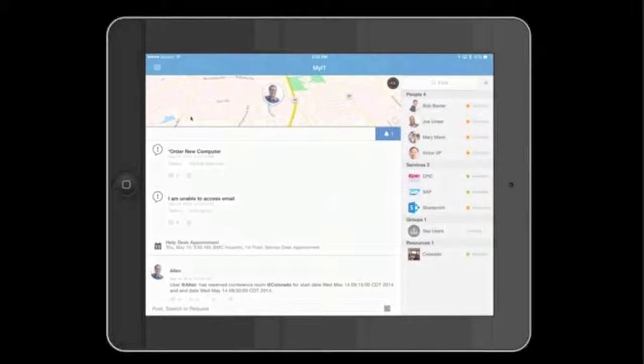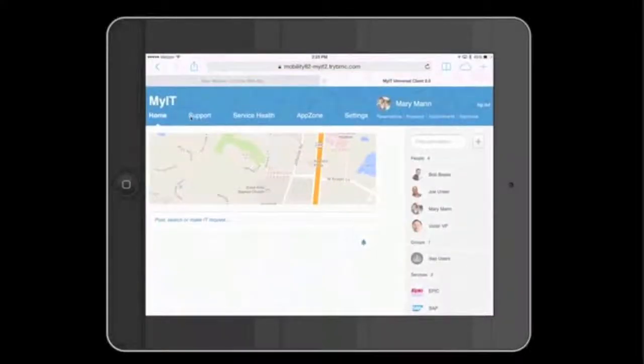What I'm going to do is switch over. I've been using the client here native to the iOS. What I'm going to do is switch over to the universal client, which is the web client that people would use if they're sitting at their desktop leveraging MyIT. And I'm going to switch over there to be Mary. So in this case,